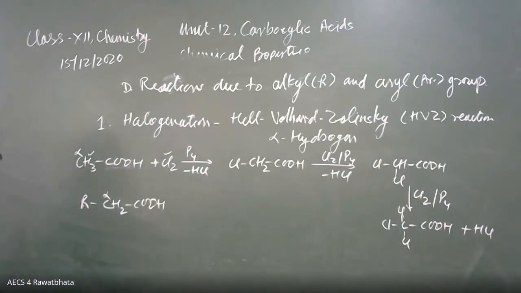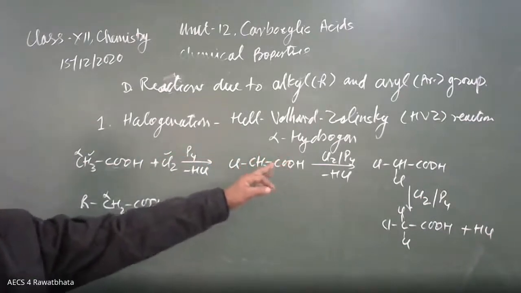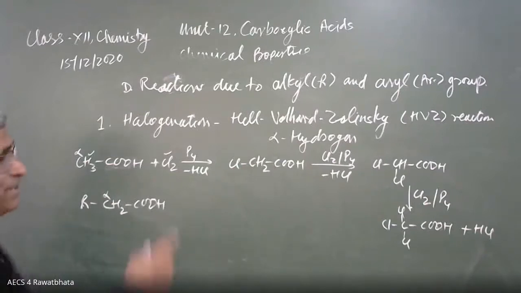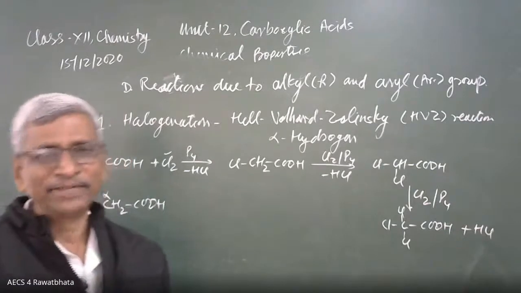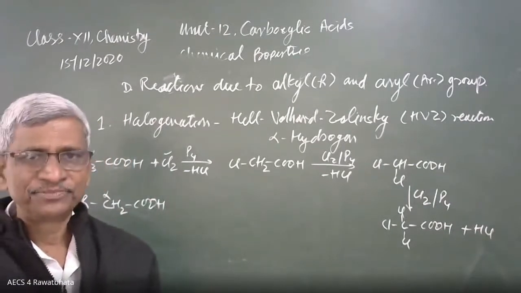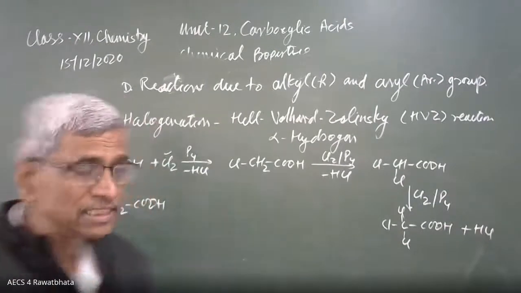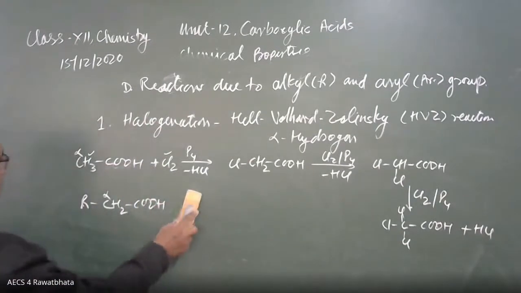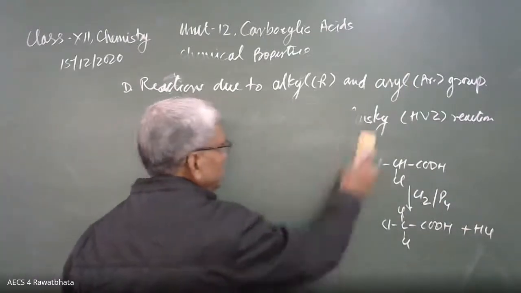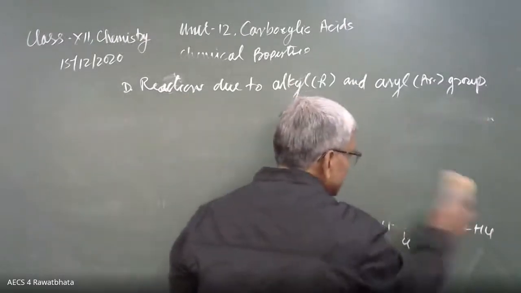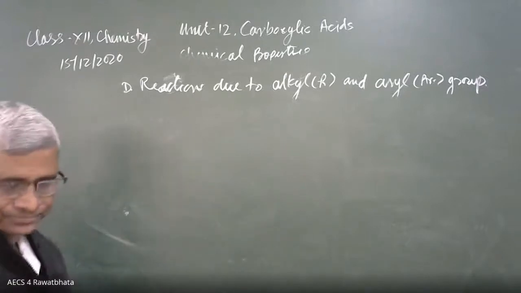So this is the reaction. See that the reaction is quite simple, but the name Hell-Volhard-Zelinsky is quite difficult, but it is very easy to remember. HVZ reaction. It means it may be this type of reaction. So they are asking to write a note about this reaction. So this is the one reaction where the alkyl group is going to participate, especially the alpha carbon where hydrogen atoms are present.